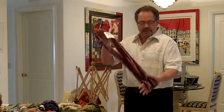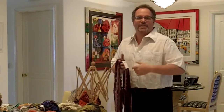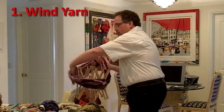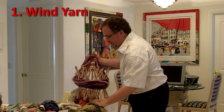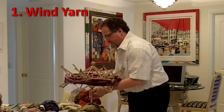And here's what we've got. Here's one whole skein of it. One skein will do a scarf, so let's get together and have some fun with it. You need to wind it. So if you break off the label, throw it on a yarn swift, and carefully wind it into a ball. So you open up the umbrella, pop it on there nice and tight,